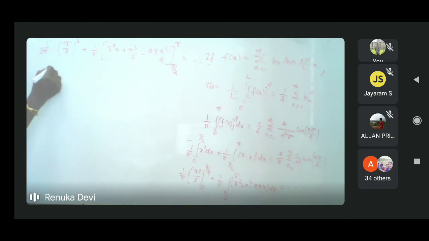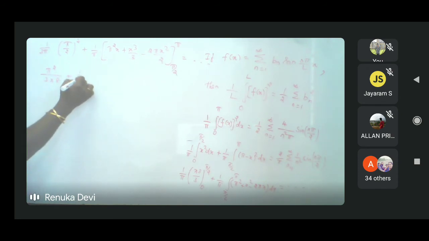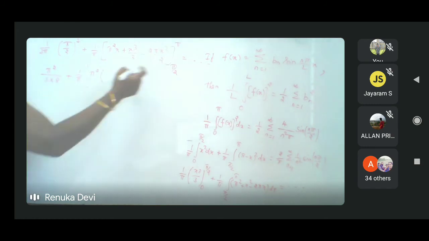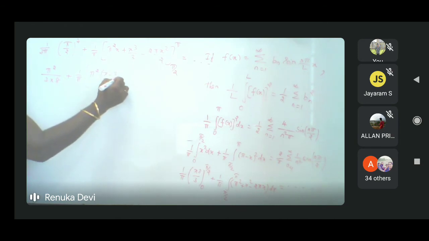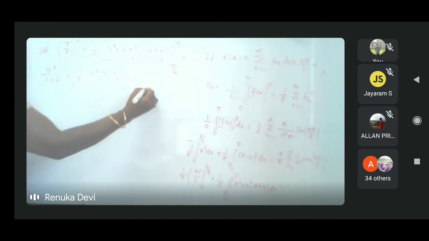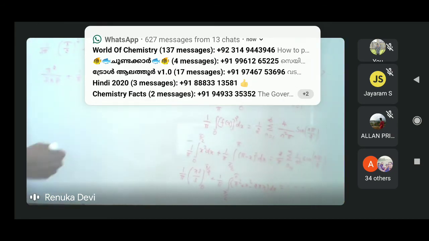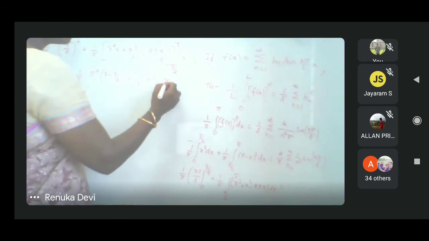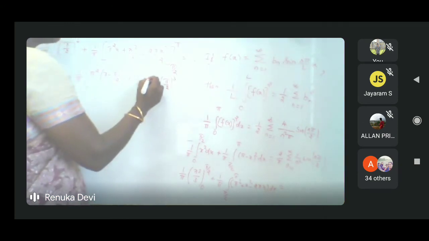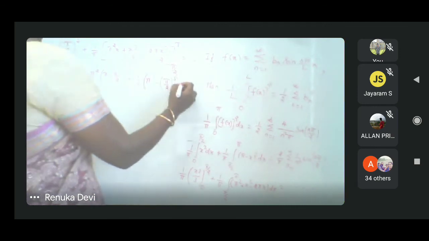This can be written as pi squared by 3 into 8 plus 1 by pi. Now you substitute the upper limit as well as lower limit simultaneously. This is simple. So pi squared into, so this is for x, upper limit minus lower limit. Therefore pi minus pi by 2. Similarly, 1 by 3 into this pi cube minus pi by 2 cube. Minus this 2 to cancel.